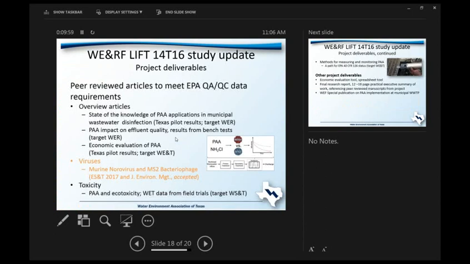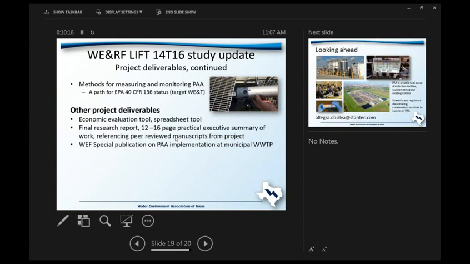We're, as I mentioned, publishing a range of articles looking at the state of the knowledge, the impact on effluent quality, and economics of PAA. We've published 2 papers on virus inactivation, and we will summarize all the toxicity data that we have in an article, as well as an article summarizing what would be needed to achieve an EPA-approved method for